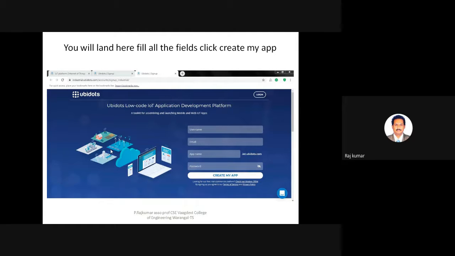Please note down the password, and by clicking on that, you can view your password. And finally, you have to click on this create my app. So automatically, an account will be created for us. And next thing is you need to go for login.